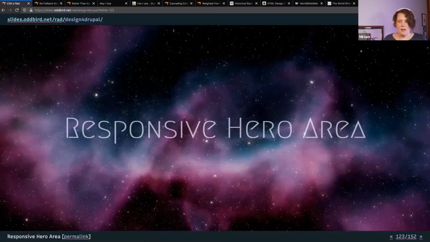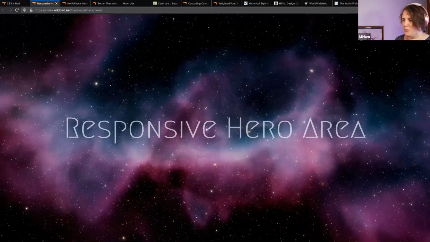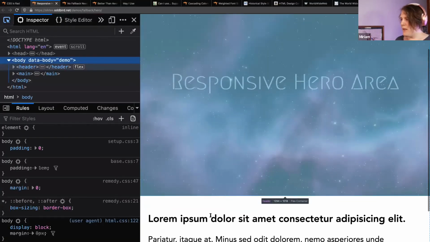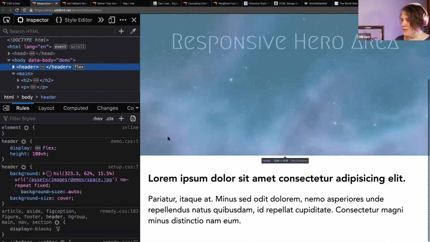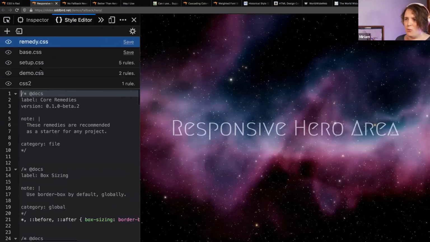So there's many of these cases where we can just let it fail and be okay with that. There's this great example. This one is actually stolen sort of from Jen Simmons, and I'll link to hers later. But I think responsive heroes are a great example of the same concept. So I've got this full page hero and then some text below it. And not every browser is going to support that full page